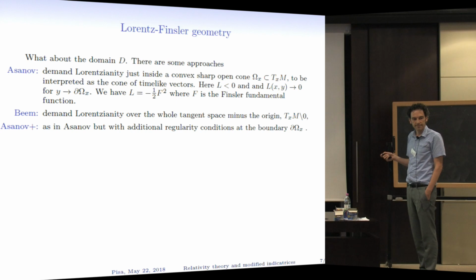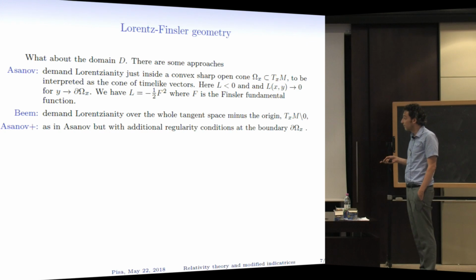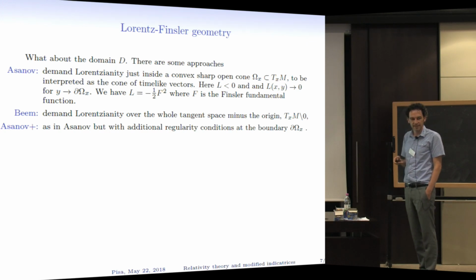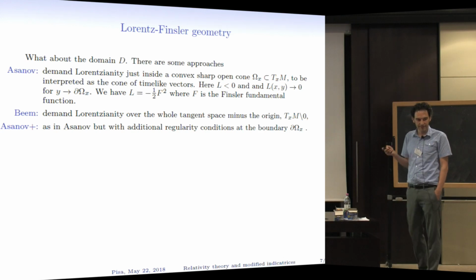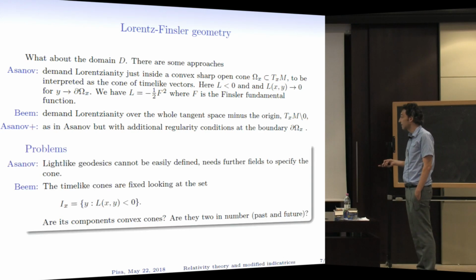So your Lorentzianity condition means that the boundary of omega, the indicatrix, is concave, or strictly concave, or what? Yes, in the end, it implies indeed that it's strongly concave. Okay. It's equivalent. If it is C2, strongly concave, it's equivalent. You need the regularity of the indicatrix.